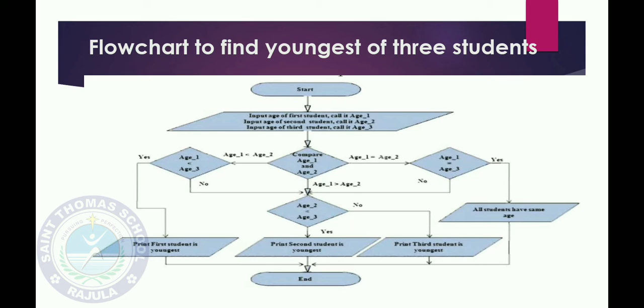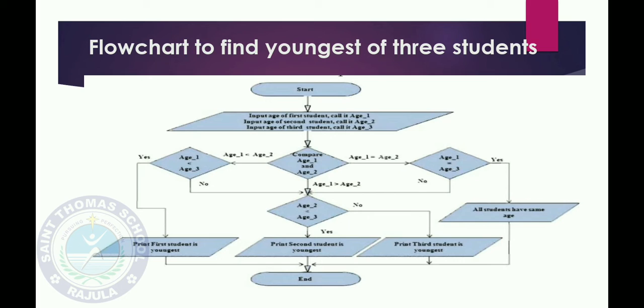You can see over here where the no arrow is going, and here one more condition is coming: if age 1 is greater than age 2. So if age 1 is greater than age 2, the same aspect will be there. So age 2 less than age 3. Then it will print "second student is the youngest one". Means here if age 2 is less than age 1, and age 2 is less than age 3, then it will print "second student is the youngest one", and if that condition is false, if age 2 is not less than age 3, then the no will come.